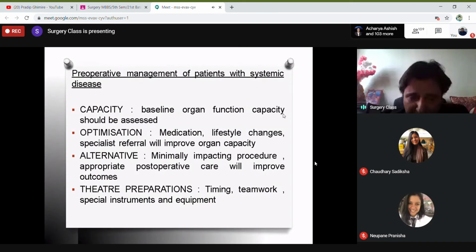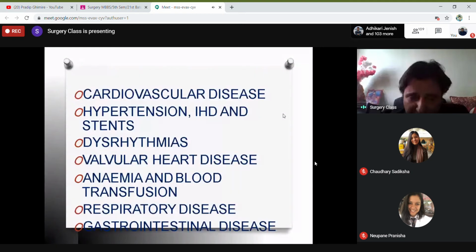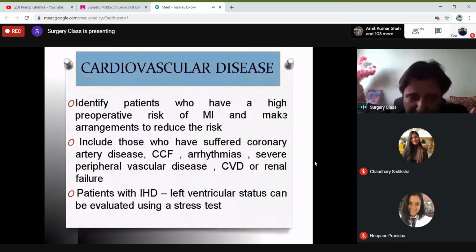So, preoperative management of the patient with various systemic diseases, like cardiovascular disease, hypertension, ischemic heart disease, arrhythmias, valvular heart disease, anemia, respiratory problems, gastrointestinal disease. We'll deal in short with a little bit of all the types. With regard to cardiovascular disease, most of the time when you see the patient in the outpatient